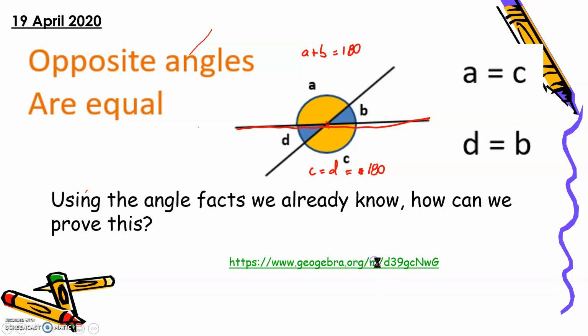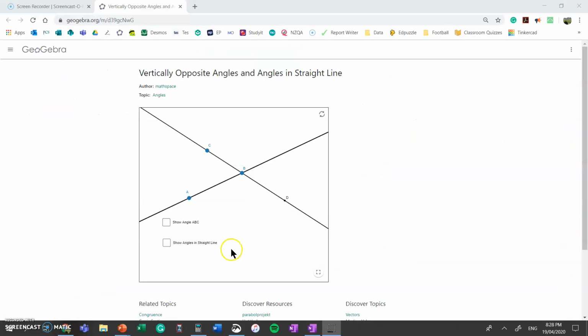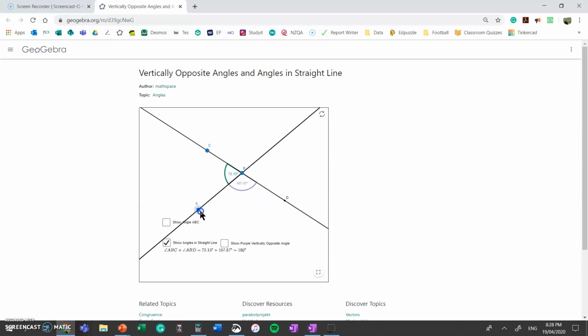Again, there's a GeoGebra applet. So once on this GeoGebra applet, it's the same as before. We can look at angles on a straight line. So we're quite happy that as I move this around, the green one gets bigger and the purple one gets smaller, but the whole time they stay at 180. Now, if I bring the next angle in, what we can see is as I move this one around,